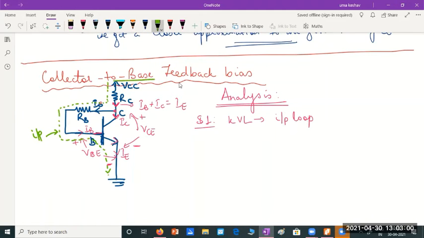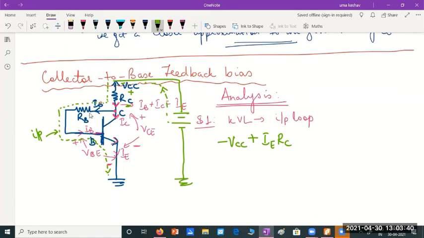So remember, this VCC means there is a voltage source like this. This is VCC. So starting with this, can you tell me the KVL equation? Let's move in this direction. Minus VCC, here negative to positive. IE, that is IB plus IC, through RC is flowing downwards. So the upper end is positive, and I'm going from positive to negative. I'll write it as IE RC, the voltage drop across this resistor, IE RC.